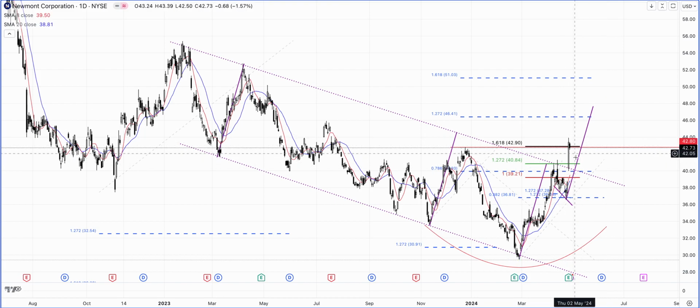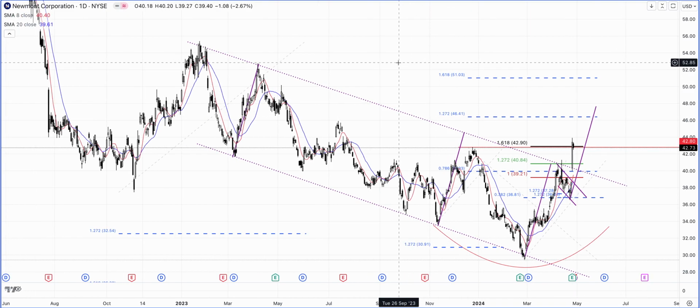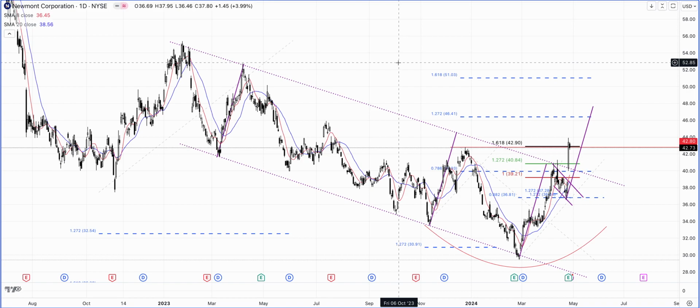And here, yeah, sure, there could be a pullback. Maybe it comes back and challenges the lows of this one and challenges the bottom of this upper channel here. But it looks like the chances are that it is actually an ABCD formation moving higher. So this looks pretty good. It could also be thought of as a cup and handle formation. So there has been a nice cup formation here, and then there was this kind of formation here where it just broke out of it. So in my opinion, it's also a cup and handle kind of a pattern as well. So this miner looks good.